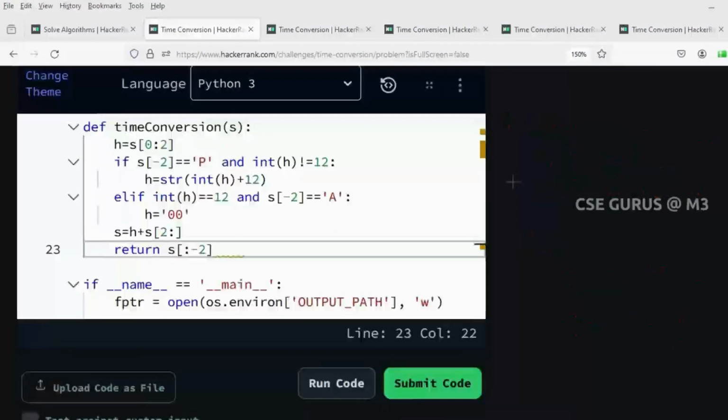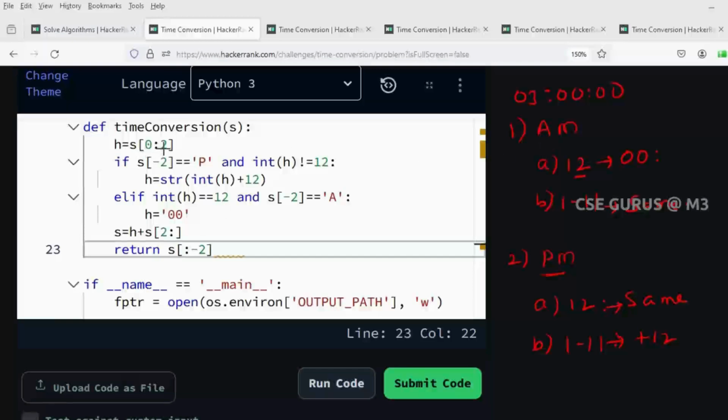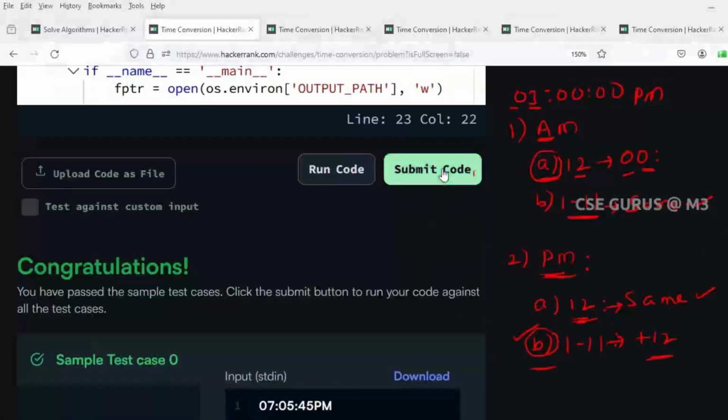In order to write this, we will see the Python code for the given question. There are 4 parts; here is the logic we have taken. First of all, we need the first 2 characters. So here s[0:2], which means it will take from 0 up to 2. Fine, submit the